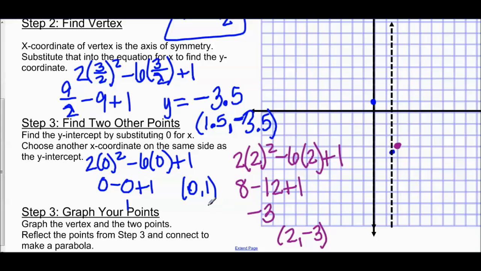So graph my points. Notice that each of my points were on the opposite sides of the axis of symmetry. So I've graphed the vertex, I've graphed the 2 points, and then I'm going to reflect those points. So there's going to be a perfect reflection right here, and there's also going to be a perfect reflection right there. And so based on that, I can get a general shape